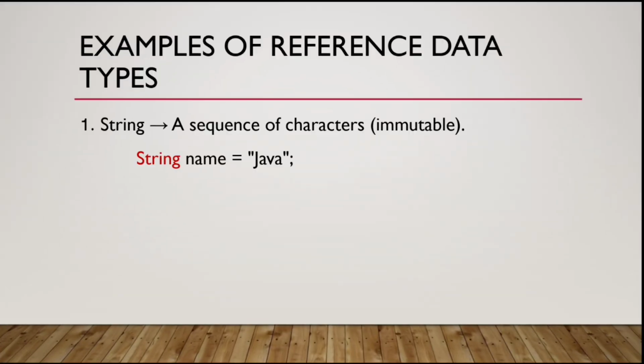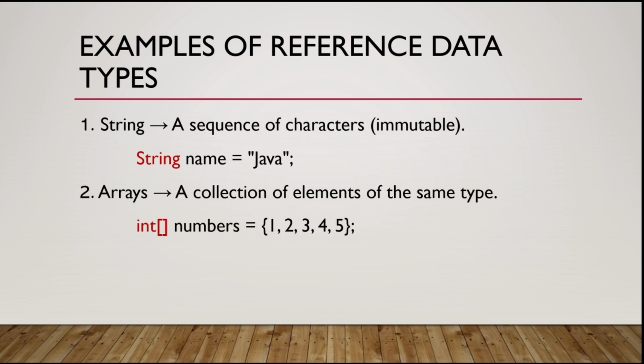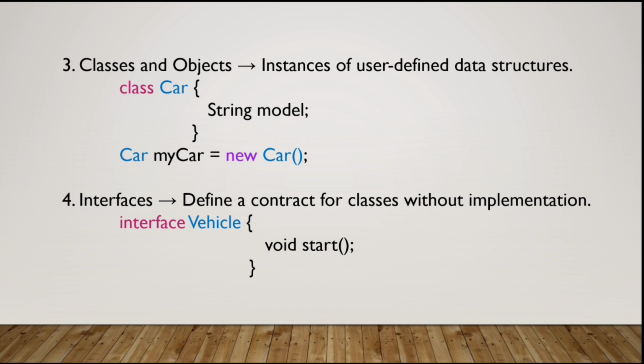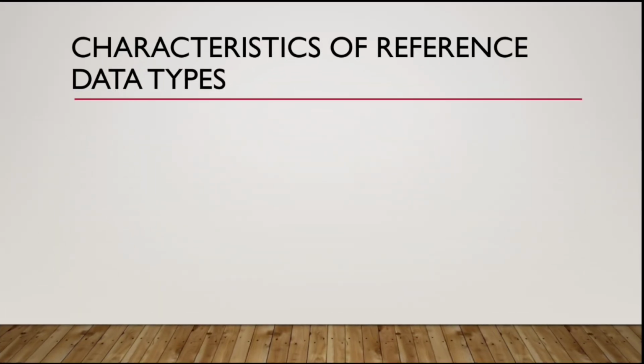1. String: a sequence of characters, immutable. String name = "Java". 2. Arrays: a collection of elements of the same type. int[] numbers = {1, 2, 3, 4, 5}. 3. Classes and objects: instances of user-defined data structures. class Car { String model; } Car myCar = new Car(). 4. Interfaces: define a contract for classes without implementation. interface Vehicle { void start(); }